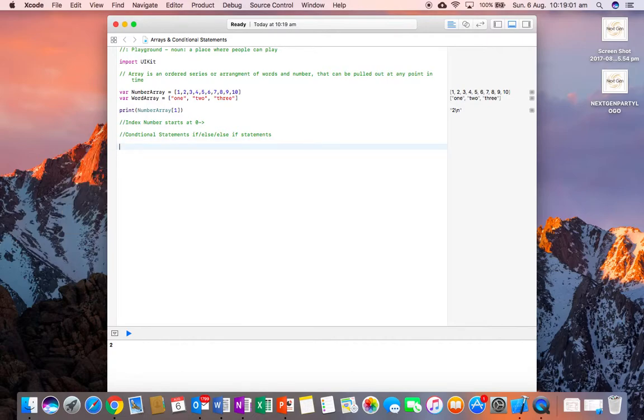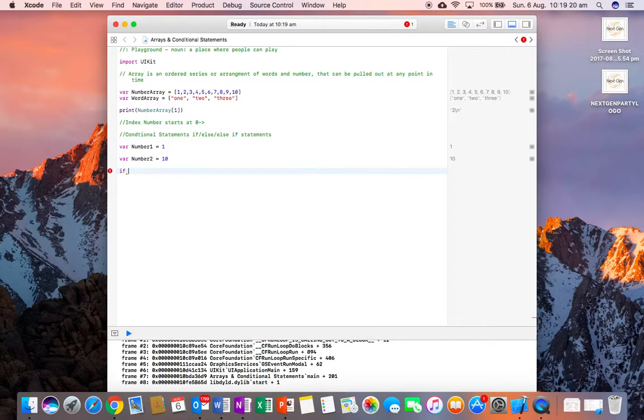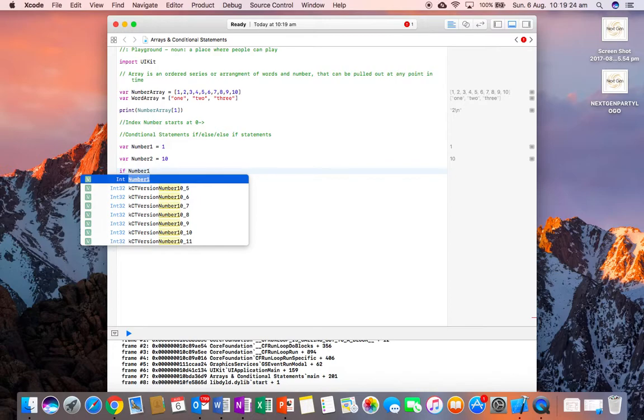We'll give them variables: number 1 equals 1, number 2 equals 10. Then you just declare them by saying if, and then the statement that you want. In this case, we'll do if number 1 is less than number 2,